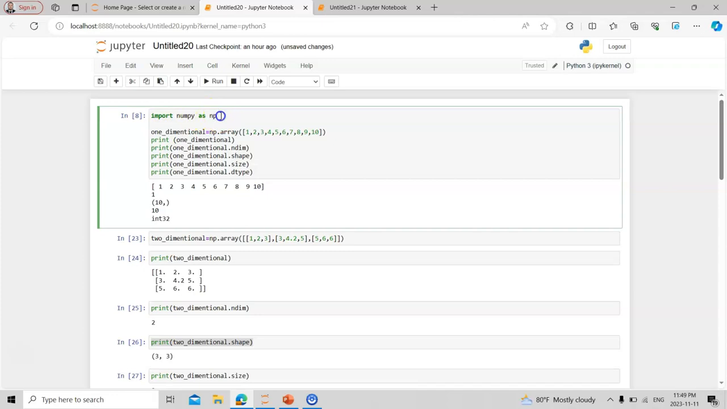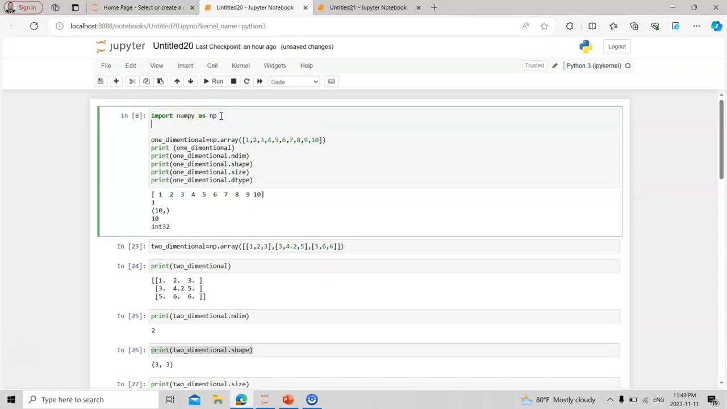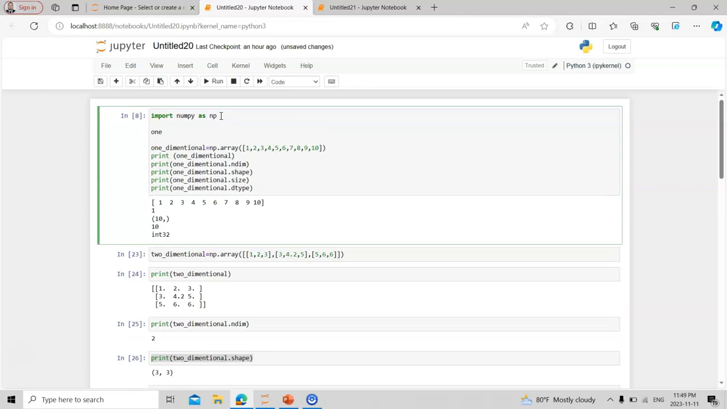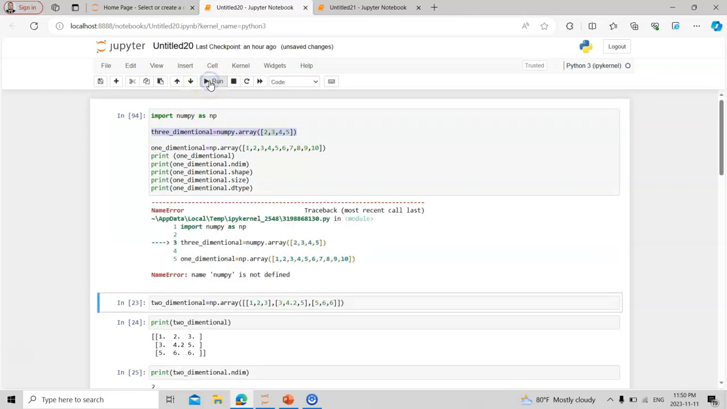Okay, now let's try, for example, to make a one-dimensional array, another array, let's suppose. Okay, and I have this one. I just write NumPy dot array. And if I make it like this, 3, 4, 5, and then run it, let's see whether it works or not. Okay, so there